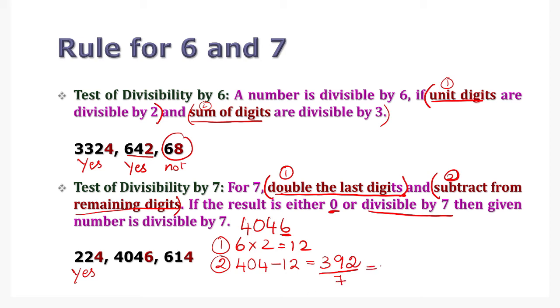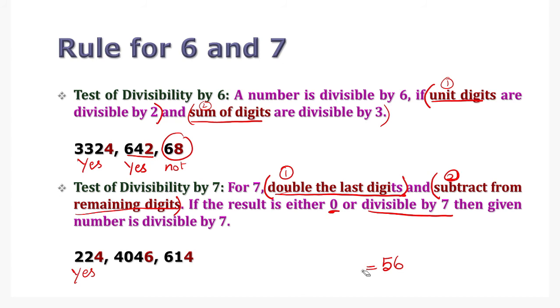You get the answer as 56. As you're getting a whole number and the remainder is equal to 0, you could finally conclude that 4446 is easily divisible by 7 because it satisfies the two conditions. And then now, our final question is